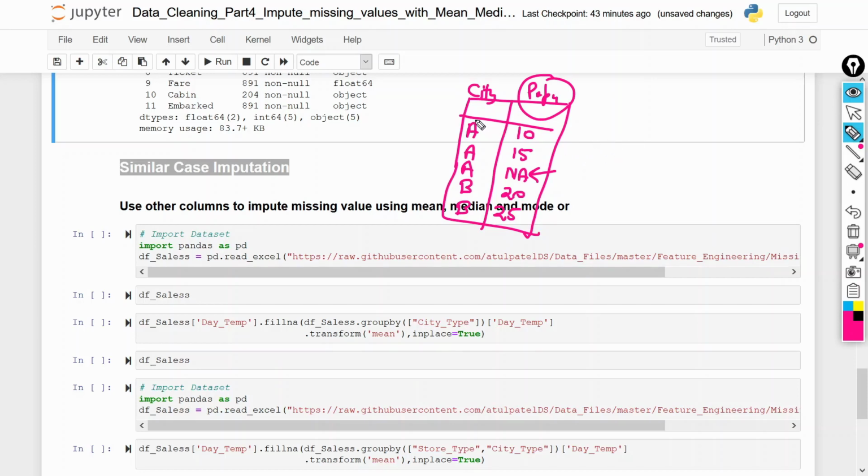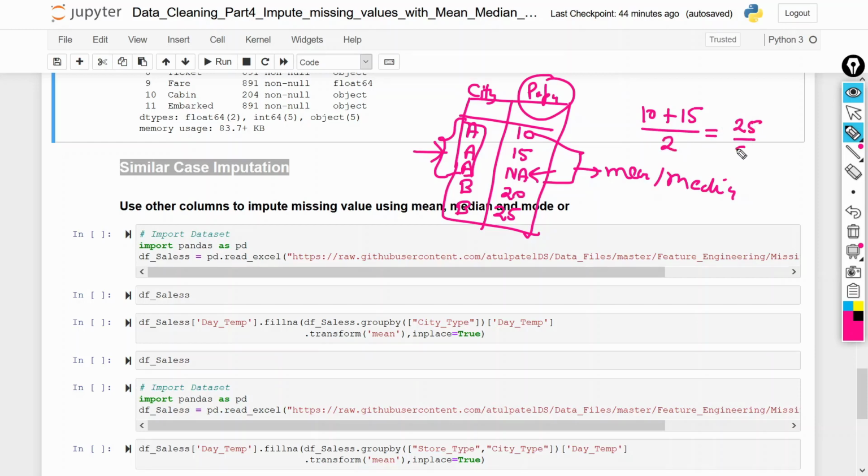Because if you see here, these are the values of city A. So what we can do, we can impute this value according to city A. So how will we fill? We will calculate the mean or median corresponding to city A. So what value will we get? 10 plus 15 divided by 2, this will be 25 divided by 2, it means 12.5.